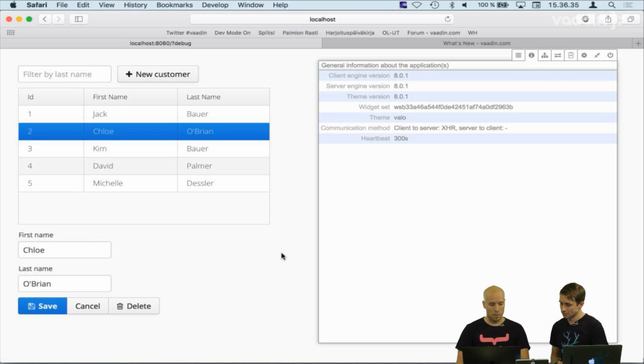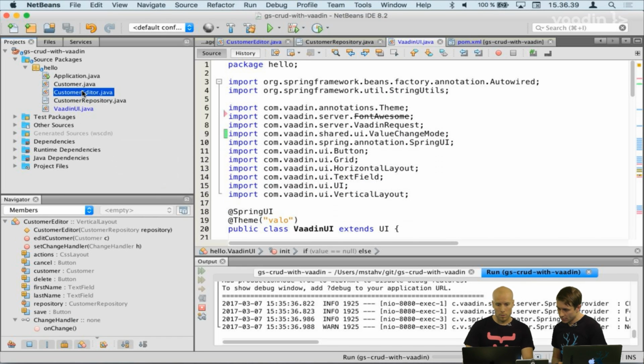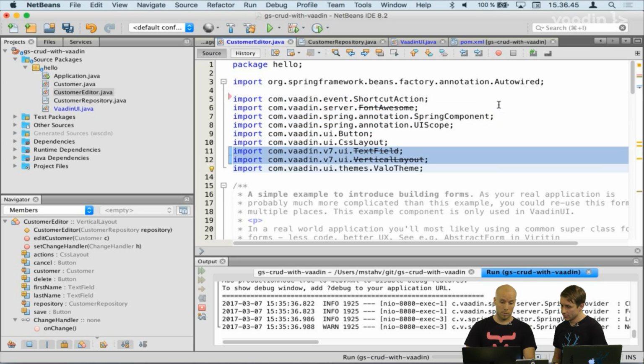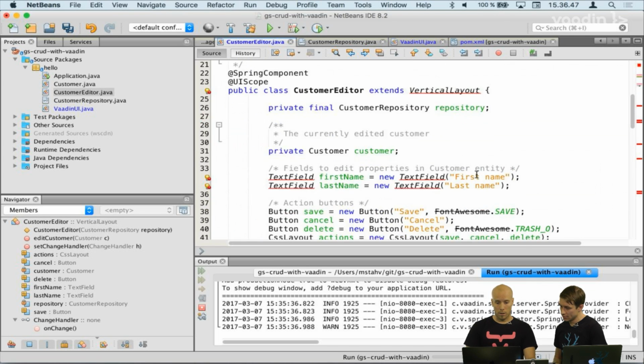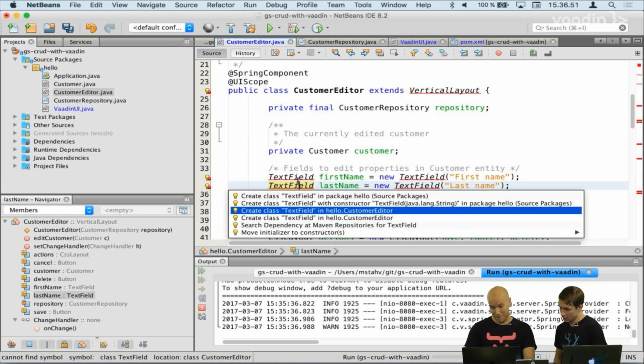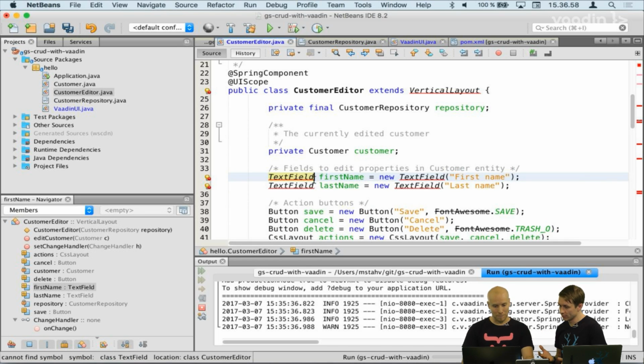All right, shall we try that still? All right, so the editor. This one still has a couple of Vaadin 8 things. Bean field group, and fields are practically the same, but they are very different internally. You cannot see just text fields still, but the way that we use them now in the form